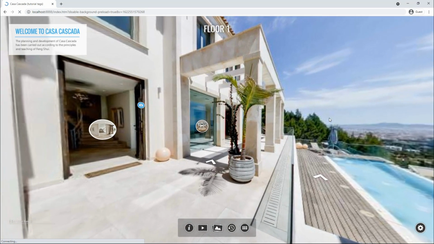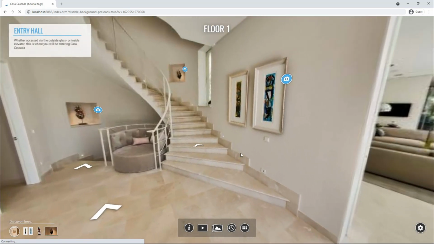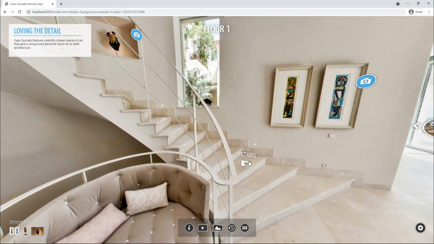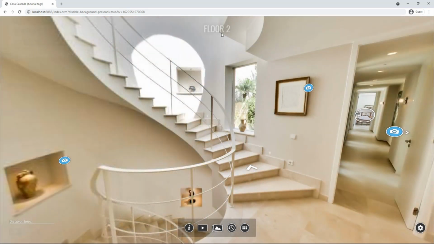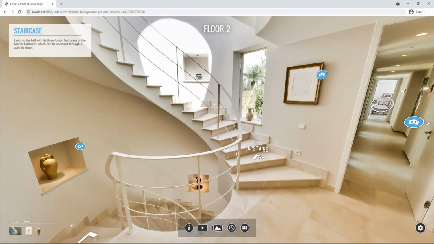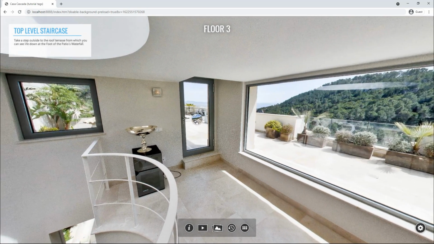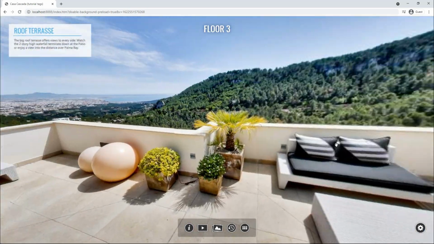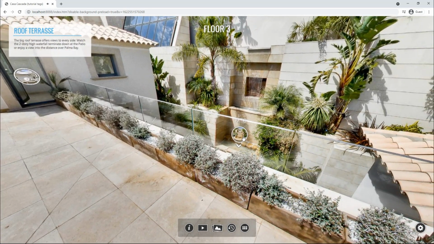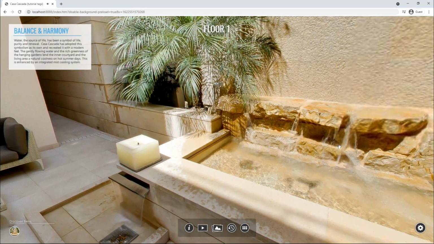Indeed, as we start navigating through floor 1, we see the sticker with floor 1 at all times. And as soon as we move up to floor 2, the floor 1 sticker hides and the floor 2 sticker shows. Same if we go one more up, we get to floor 3, and as we move about floor 3, it stays in floor 3 and changes automatically to floor 1 as we go back down.